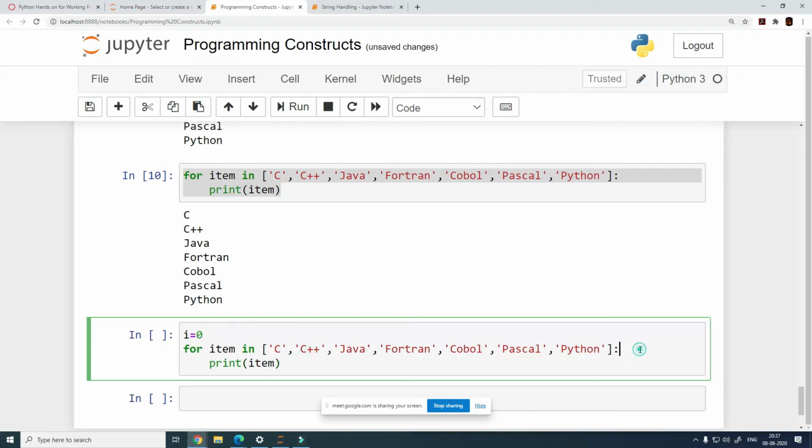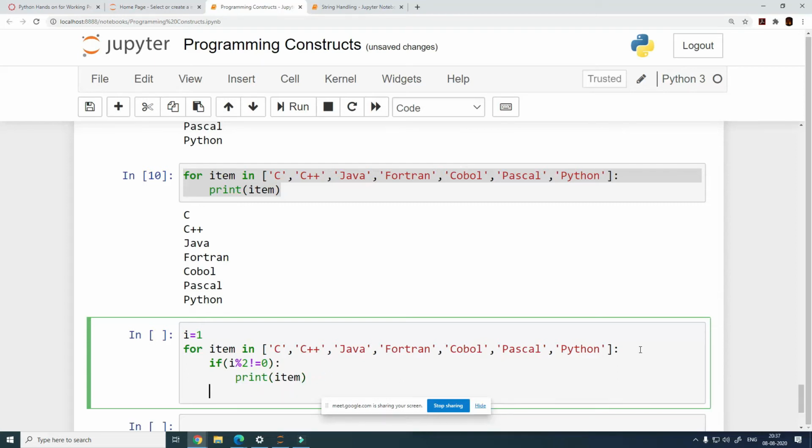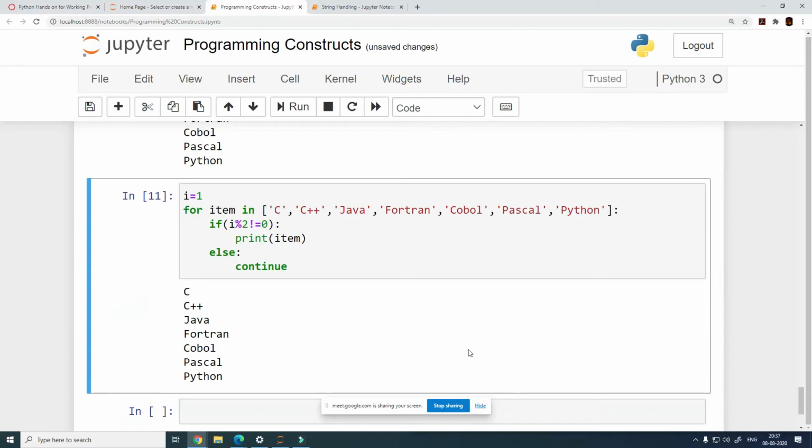So this is simple. What I can do is start with I equal to 1, and if I%2 is not equal to 0, then print, else continue.